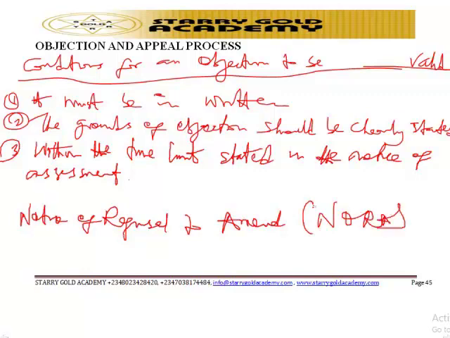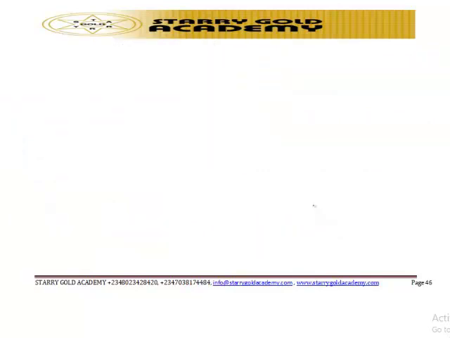This probably leads the taxpayer, or forces the taxpayer, to approach the appeal tribunal. Once the tax authority has served the taxpayer a notice of refusal to amend, the taxpayer, if so wishes, can appeal against the assessment within 30 days. Tax appeals: the taxpayer may appeal within 30 days from the date of service of that notice. All appeals shall, in the first instance, be sent to the body of appeal commissioners,